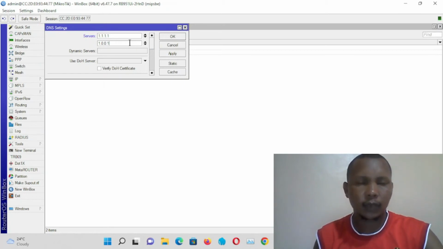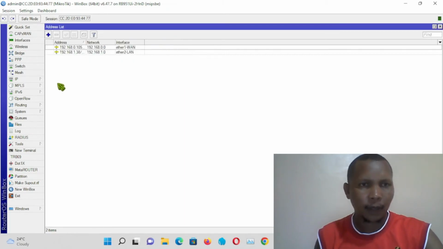So you can use this one, and you can as well use the Google servers, that is 8.8.8.8 plus 8.8.4.4. So just click apply this one, a dynamic server. It will come here directly. We'll configure that. Click apply and then OK, and then go to